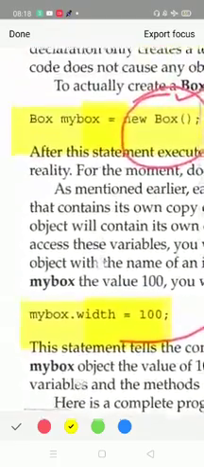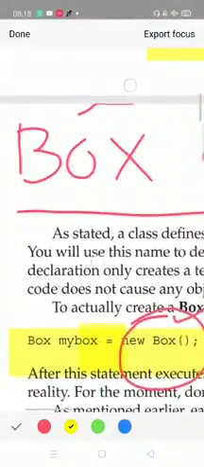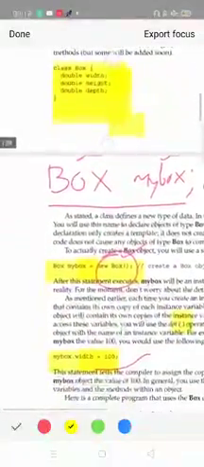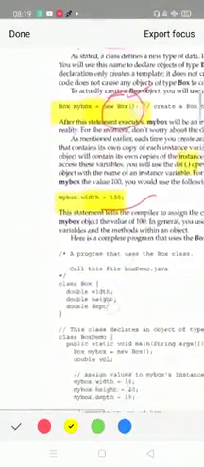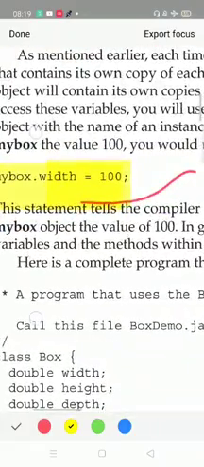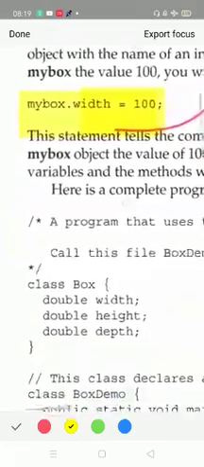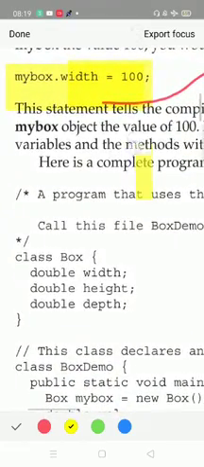Then width is one of the members of the particular class, and you want to access that particular member, it is accessed with the help of the dot operator.